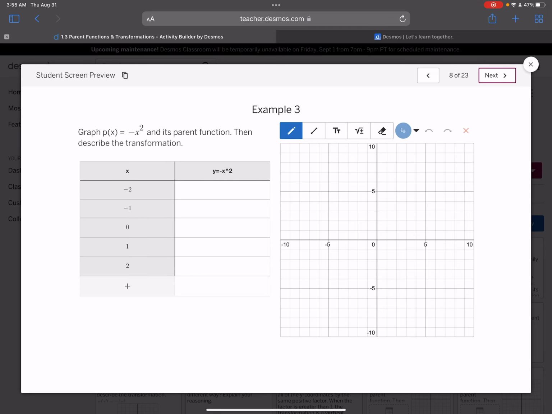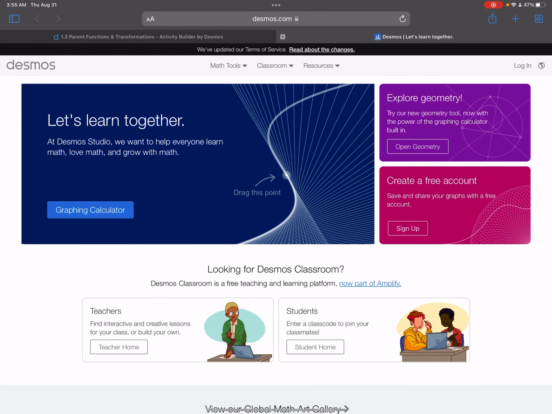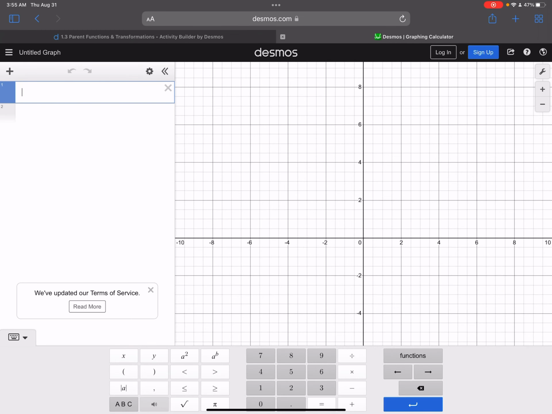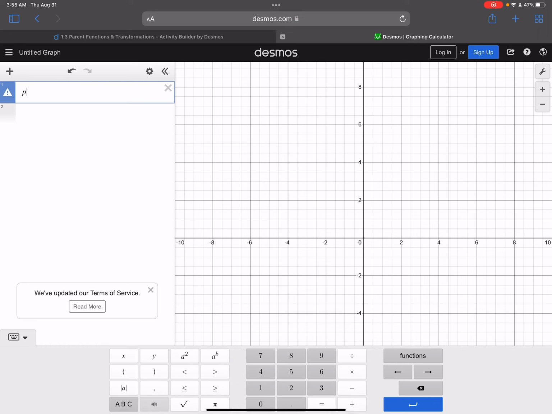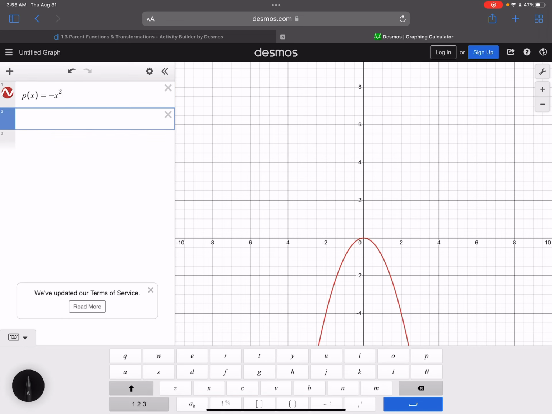Okay, example 3. So we've got the function p of x equals negative x squared. So we're going to go over here in Desmos. So open a new tab in your computer. Do this with me. Go to desmos.com and click Graphing Calculator. So we've got the function p of x equals, which I can type, negative x squared. Now we also want to graph our parent function f